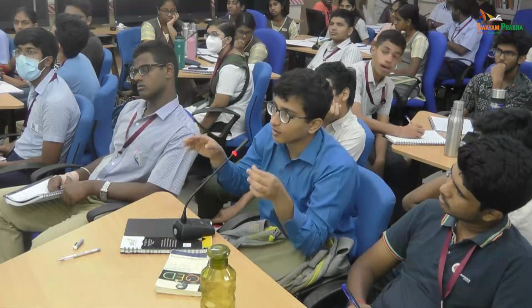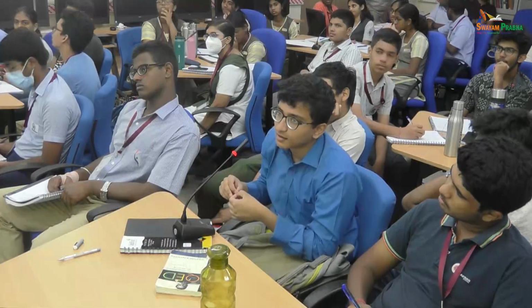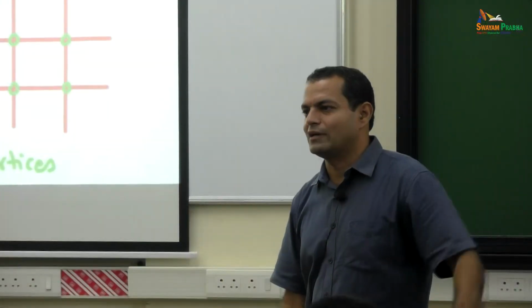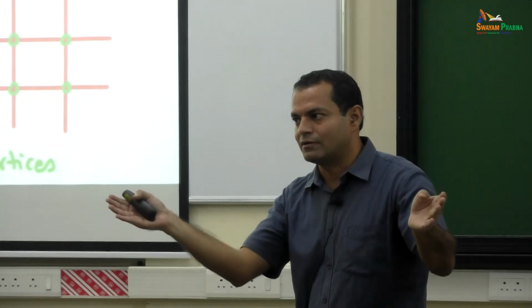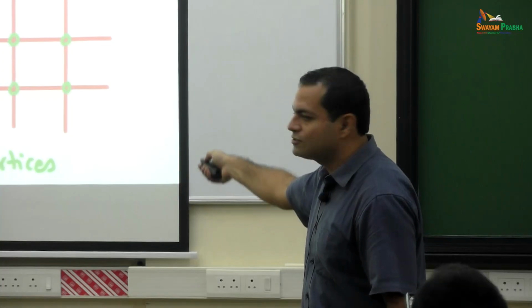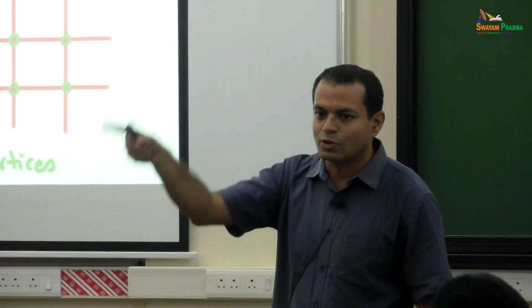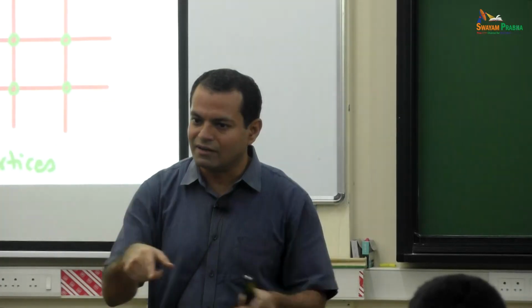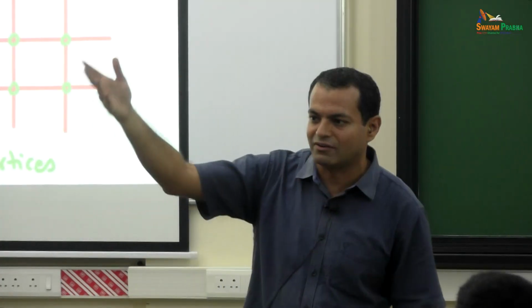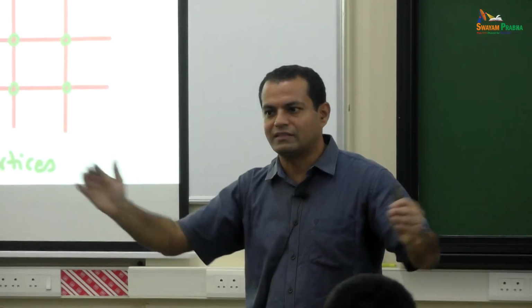Sorry? The water molecules at the surface won't have neighbors. Edges, here you mean edges, right? Like these, right? So imagine n is so large that we don't have to worry about the edges. If n is small, then the edge is important, but the area is growing as n square, whereas the boundary is growing only as n. You make n 100, boundary is 100, but area is 100 into 100. The number in the bulk is always increasing.